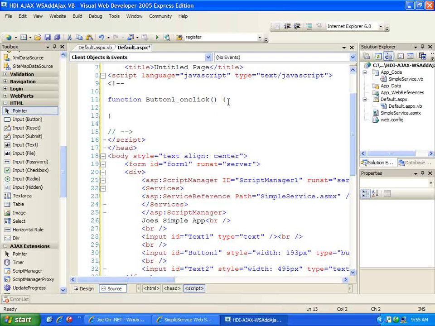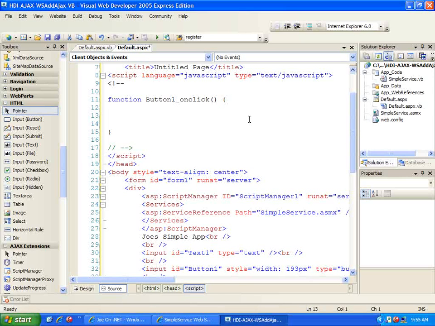So now I just need to call the method, and what's actually happening is we're not calling the web service method directly, so we're actually not calling the say hello method directly. What we're calling instead is a generated proxy to that service, and the reason we want to do that is we want our AJAX calls to be asynchronous. So we don't want our user interface to wait for a return from that web service. So what we're actually doing is calling a proxy so that the behavior can be asynchronous. So we can say